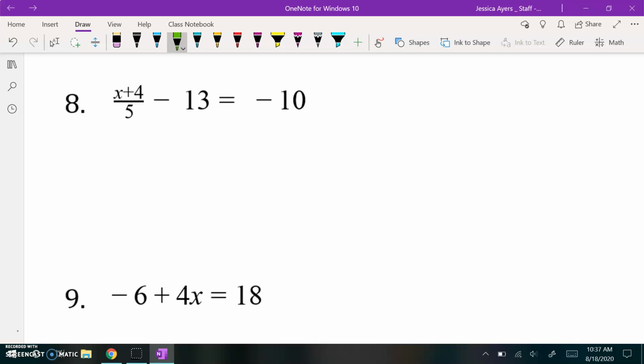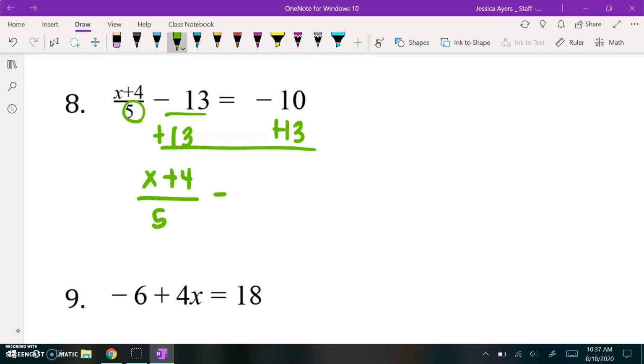For number 8, before you can get rid of the 5, you need to get rid of the negative 13. To get rid of the negative 13, we will do the opposite, which is make it positive. So we're going to add 13 to both sides, leaving us with x plus 4 over 5 is equal to... that is not correct. It is equal to 3. It's a negative 10. So then